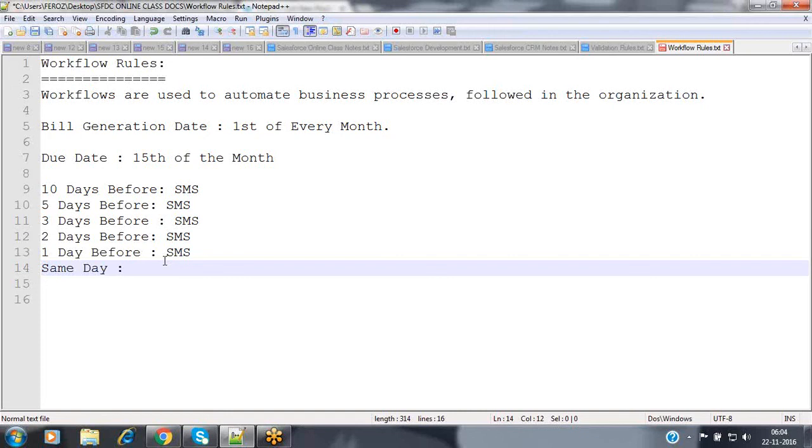Instead of reminding those people manually every time, we can make this an automated process so that they get the notifications automatically and can pay the credit card bill. That's how we maintain a very good relationship between our organization and customers.